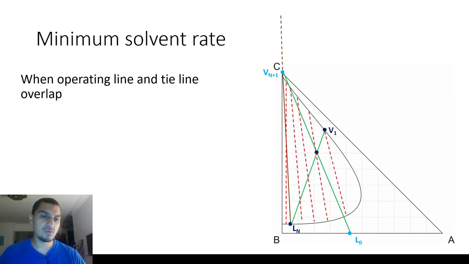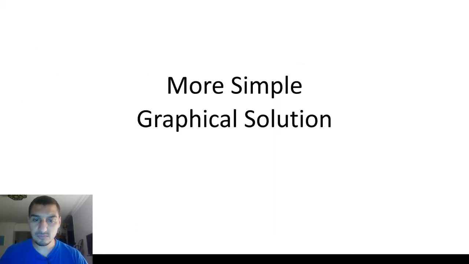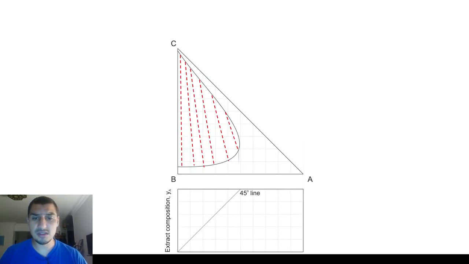One thing that we talked about also before is how to get the minimum solvent rate, which is the solvent rate that you cannot use or use less than this value. We said that this is the value of V1 that will make the operating line for the first stage overlap the tie line, and in this case the operating line is exactly the same as the equilibrium curve or the tie line. In this case you'll have no driving force. So this is one other thing that we will see today,